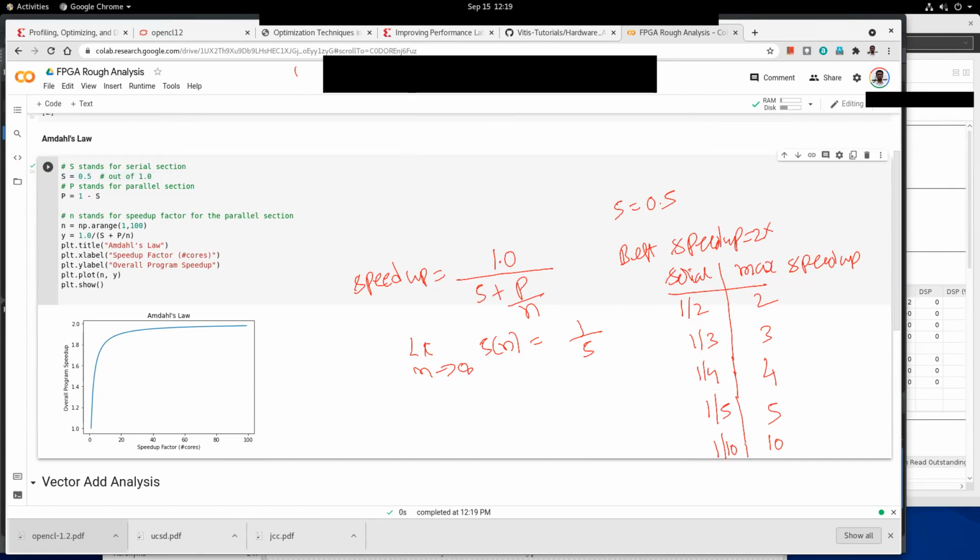After this point, maybe around 10 cores or something like that, there is no point in going further, because the benefits that you get taper. So when you are trying to expedite an application, you try to identify the parallelizable portion, and what is the best speed up that you can get for the overall application.